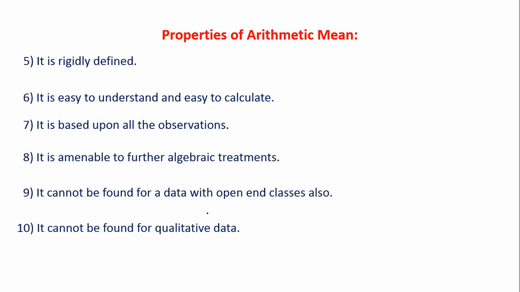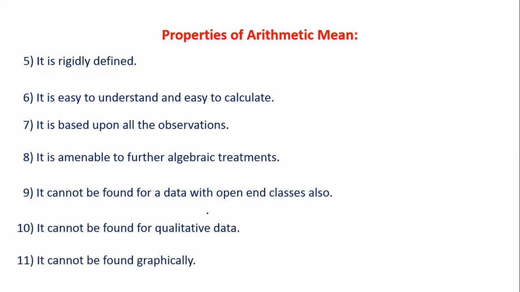So there might be some repetition. And if I ask somebody, what is the arithmetic mean of the colors? I have data obtained. So definitely we cannot add. So it is really meaningless. So arithmetic mean cannot be found for qualitative or non-numerical data. It cannot be found graphically. Yes. So we cannot, that is also one problem.